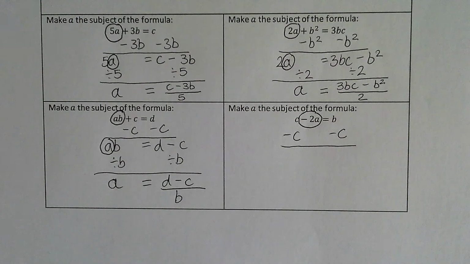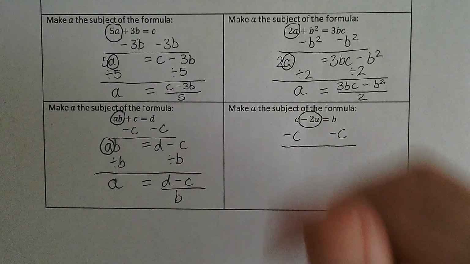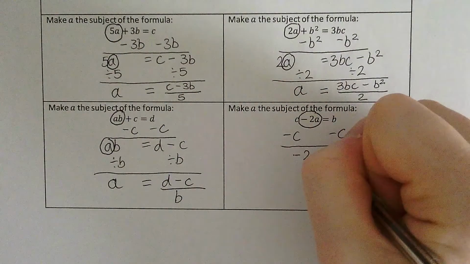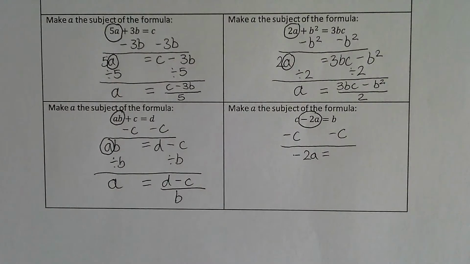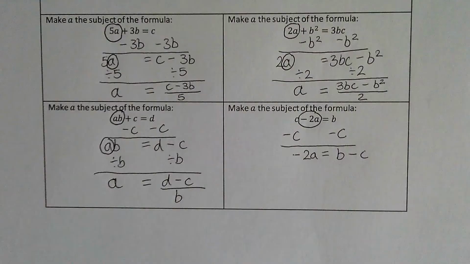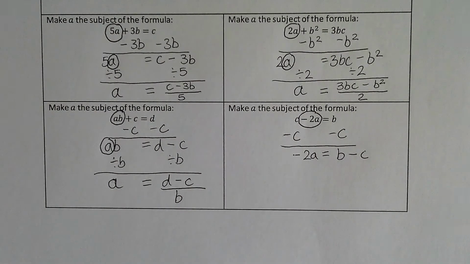C take away c will cancel each other out. The take away 2a will just drop down. The equal sign will drop down. And then we have b take away c, and because they're not like terms, we just write it out as b take away c. We now need to isolate the variable, which is a,